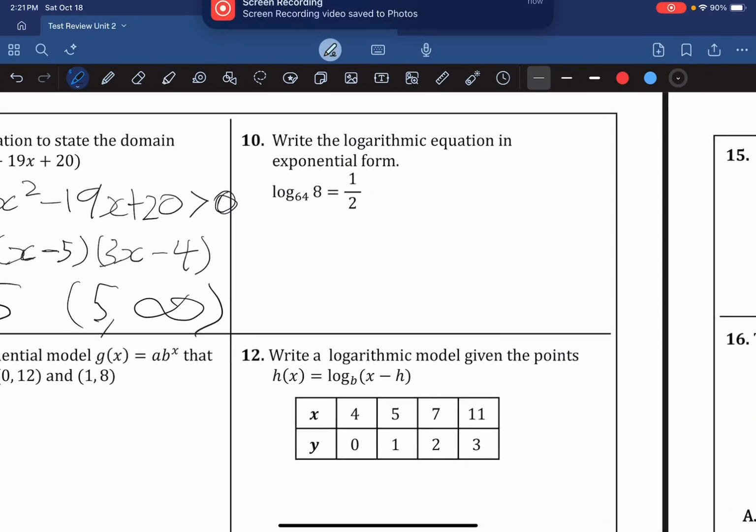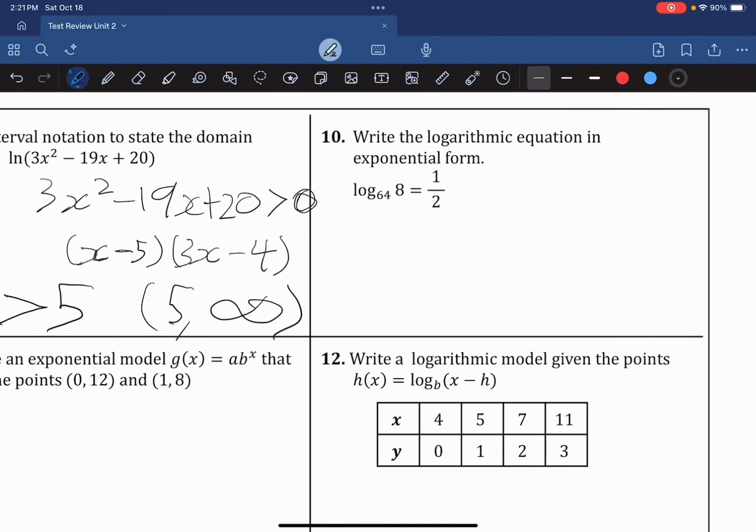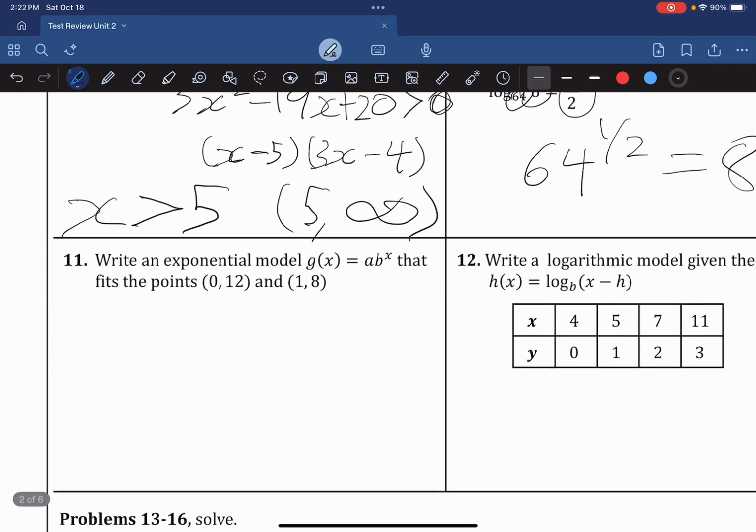All right, converting logs to exponential form. So you remember, well, hopefully you remember that this is your base, this is your exponent, this is your answer. Pretty simple, right? Okay,